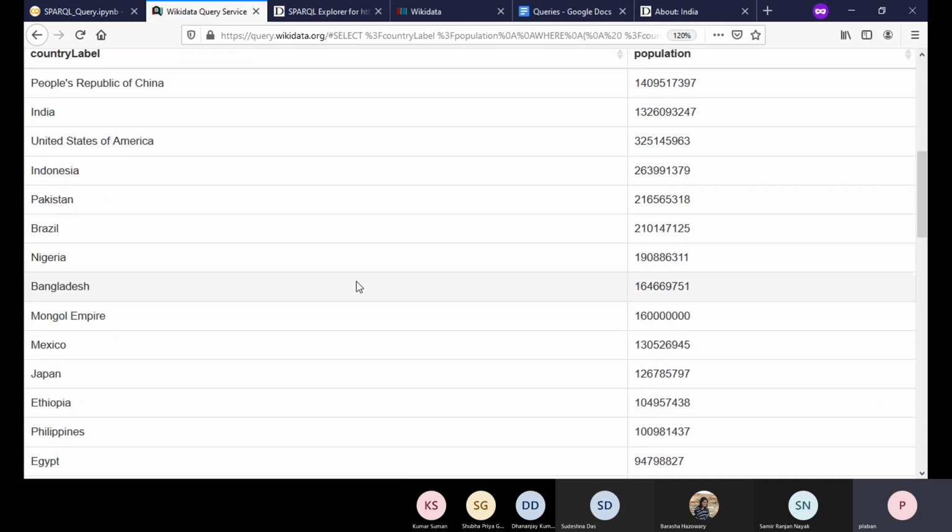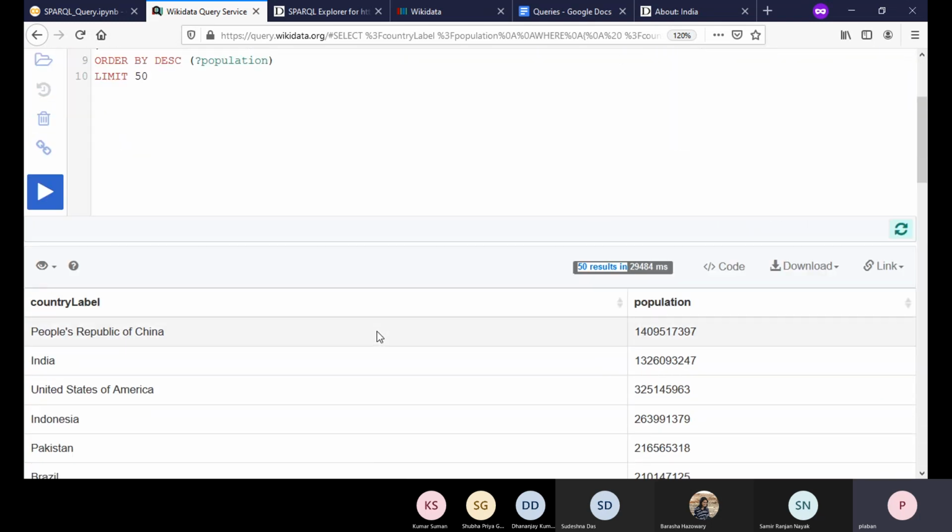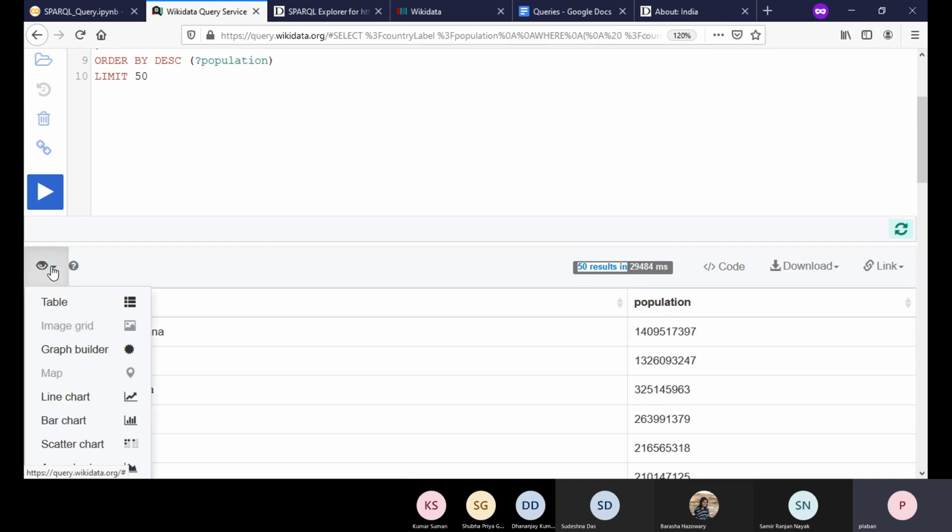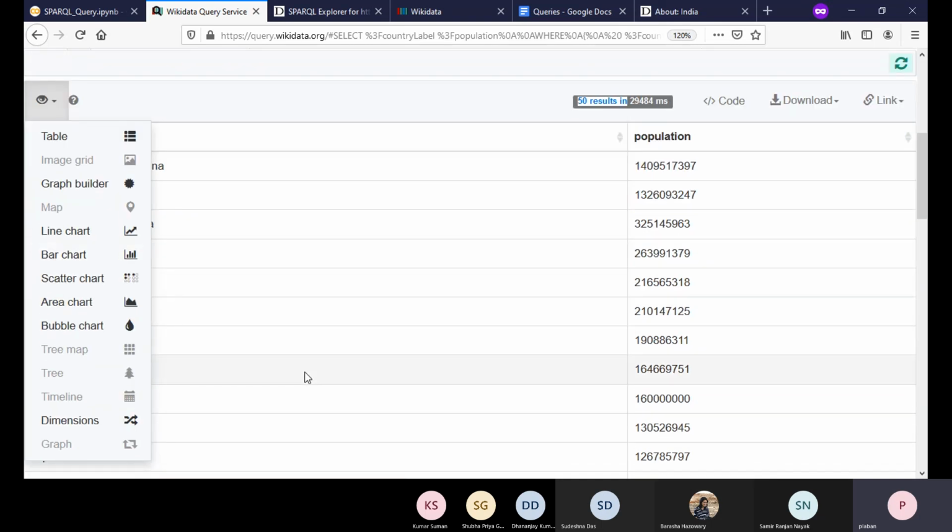Now it's a tabular view, and I don't like this tabular view. I want to convert it to something else. There are various ways to view this. It can be a graph builder, a line chart, bar chart, scatter chart, area chart, and so on and so forth. But I guess the bubble chart would be the most appropriate for this query.